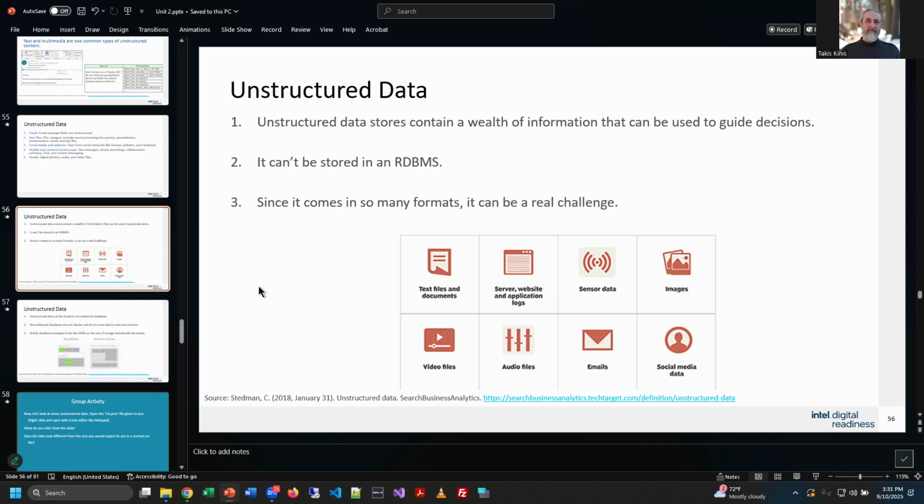Right. Thing is, though, unstructured information actually contains a lot of valuable information, right? And we saw that in that raw text before, right? And that raw information can lead to really important things that we can use to do valuable work, including decision making. So it says here, it can't be stored in a relational database management system because, for example, if I